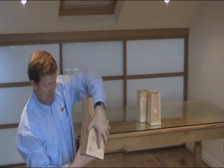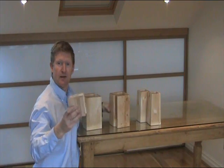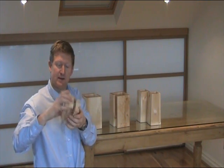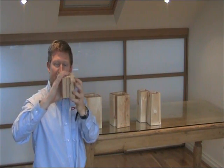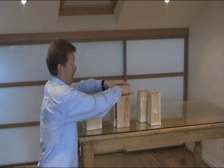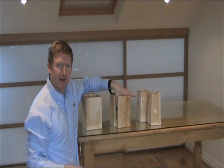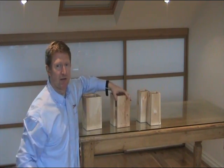Both bed blocks come with some wooden pieces, so you can adjust the height of the table or the bed or the chair, whichever. So you just put in the different pieces of wood to adjust the height of the